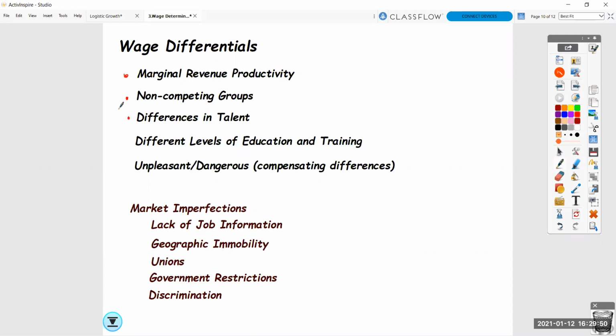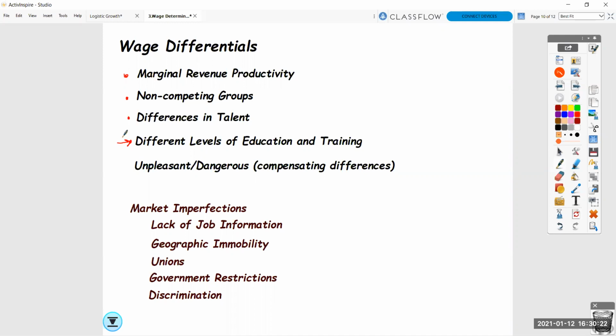Differences in talents. I talked briefly about this in some of the classes. Professional athletes are probably the best example of differences in talents. Just the natural ability that we're born with can cause us to have different talents, and we're going to pay accordingly. This is seen in teaching all the time, with our different levels of education and training. The more experience you have, the higher people are going to be willing to pay you for the experience